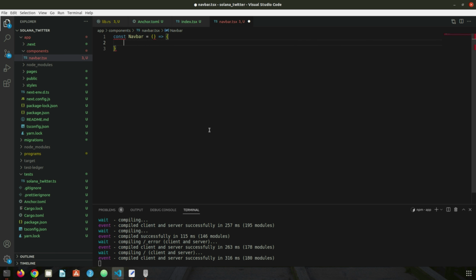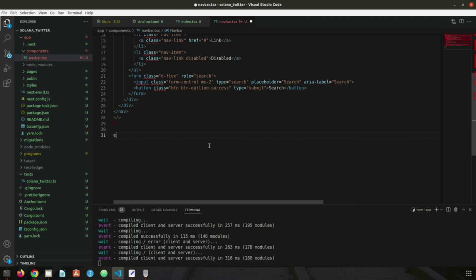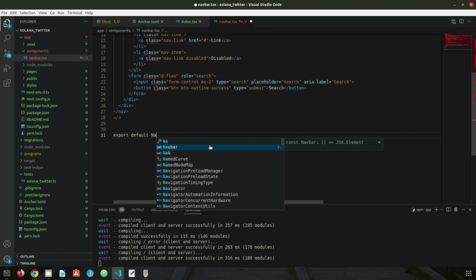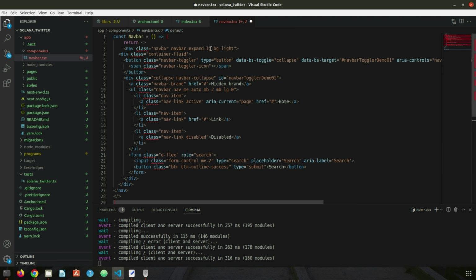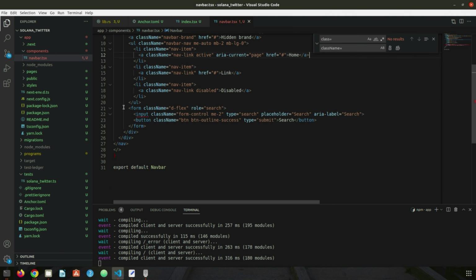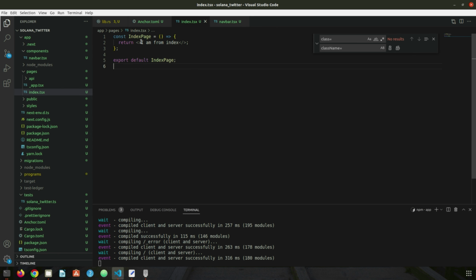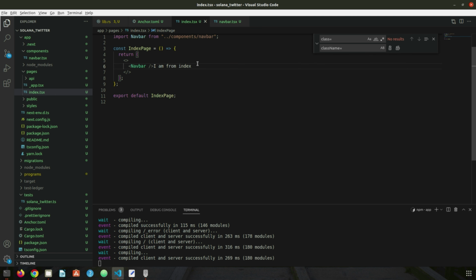And here we're going to say const navbar. We're going to say return. We're going to return everything that we copied, and then we're going to say export default navbar like this, and we're going to replace class with className. Okay. Last but not least, we do not need this form, so we're going to delete this, save it, and in the index page, we're going to just call this navbar. Okay. I'm going to save it. Now if we go back to our localhost,